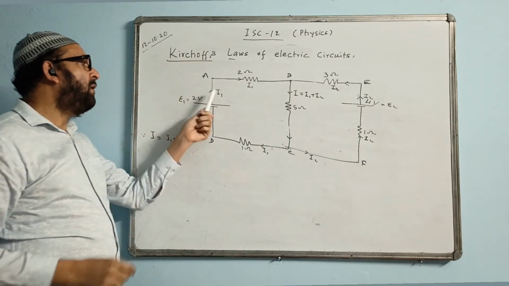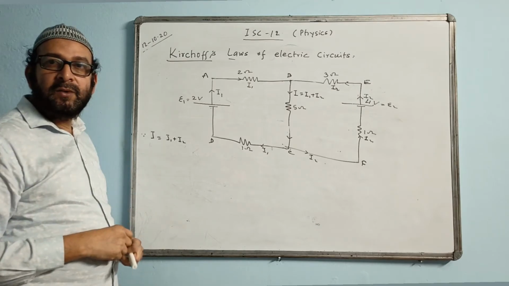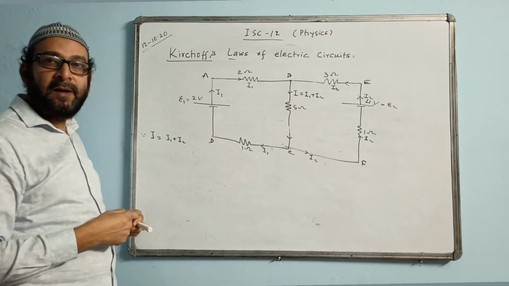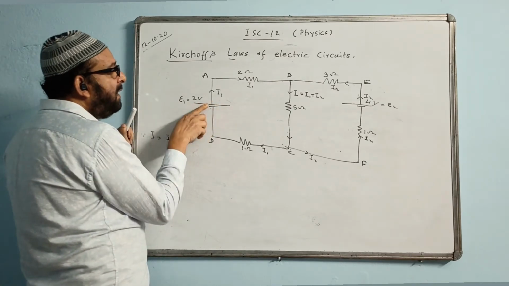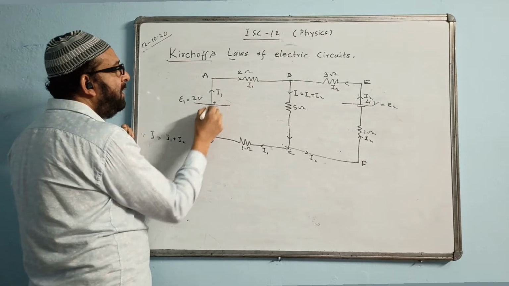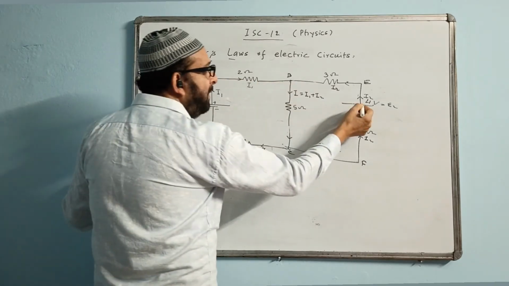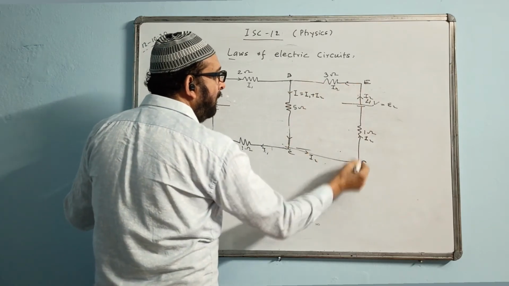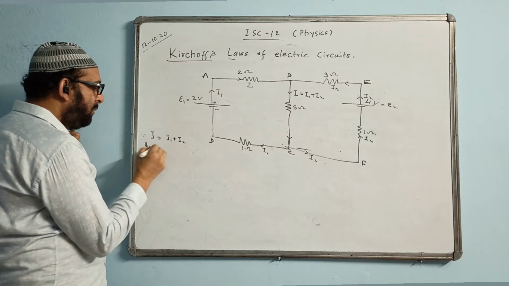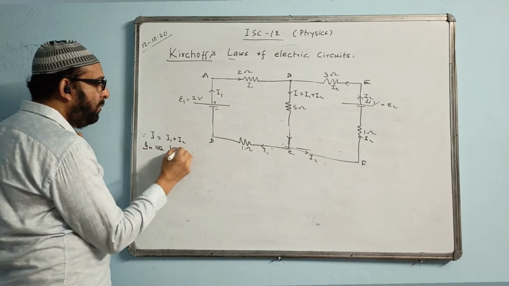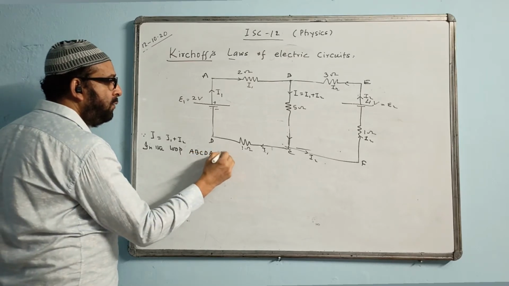There are two unknowns, I1 and I2, so there will be two equations. We have to solve them simultaneously and find the values of those unknowns. For the first closed path, if a cell is given, we will start from the positive side. This is negative, so I will start from the positive. This way you will take the first network. The second network we will take this way. So I will write here in the loop, name the loop A, B, C, D, A, using KVL.